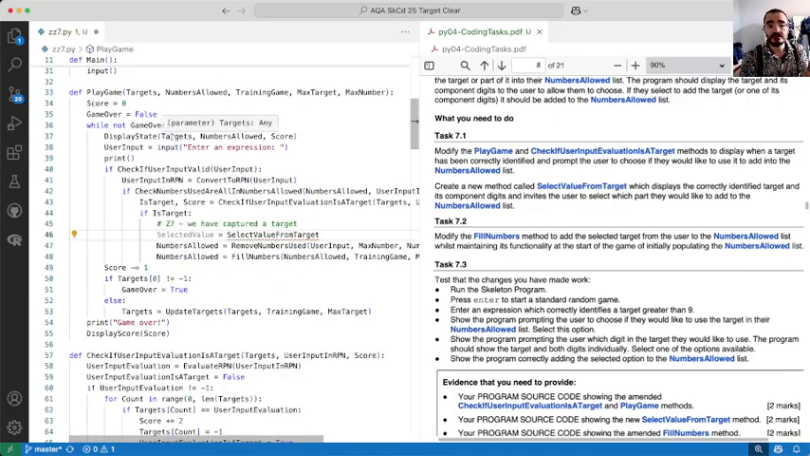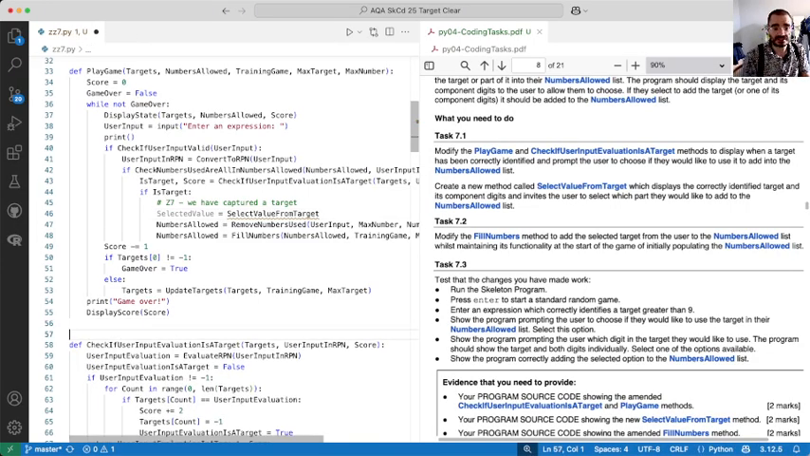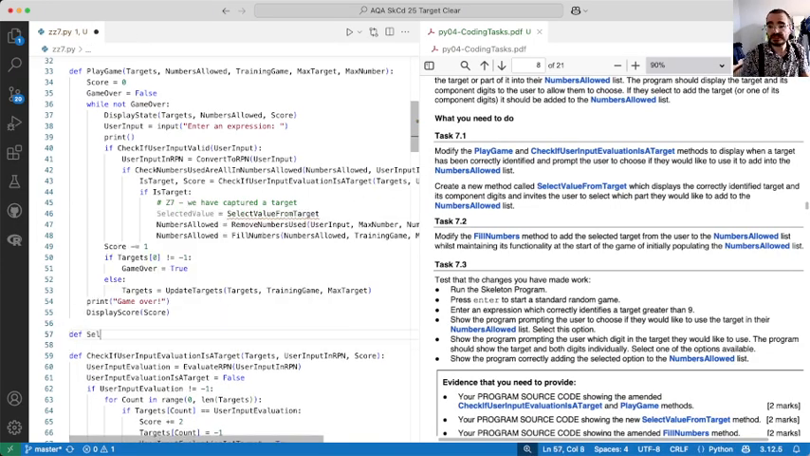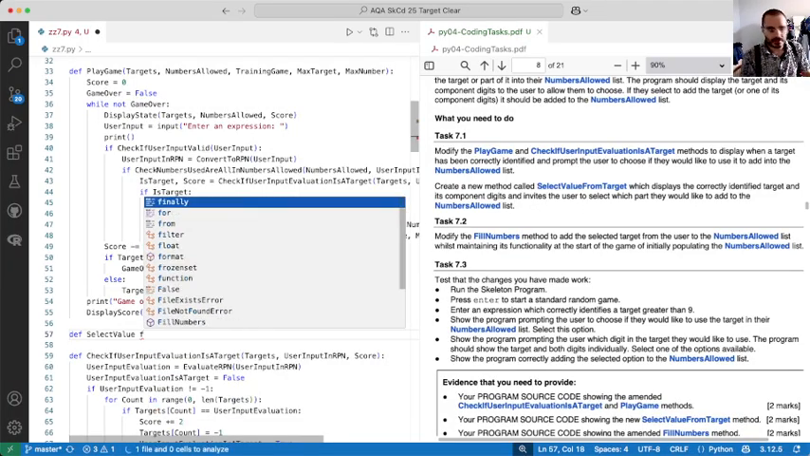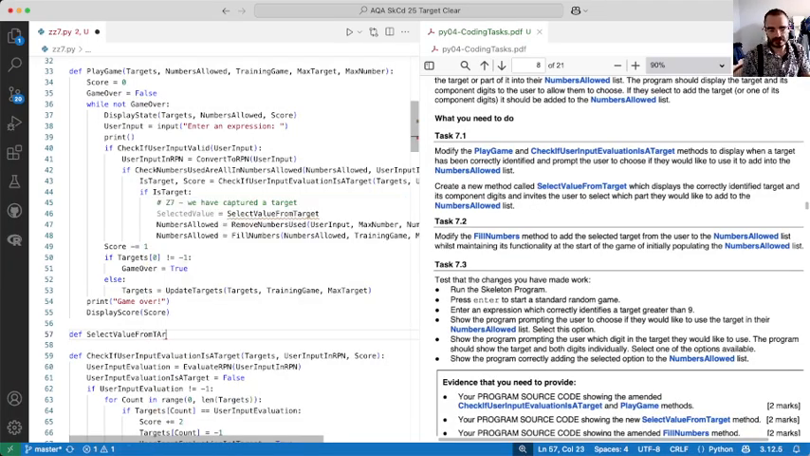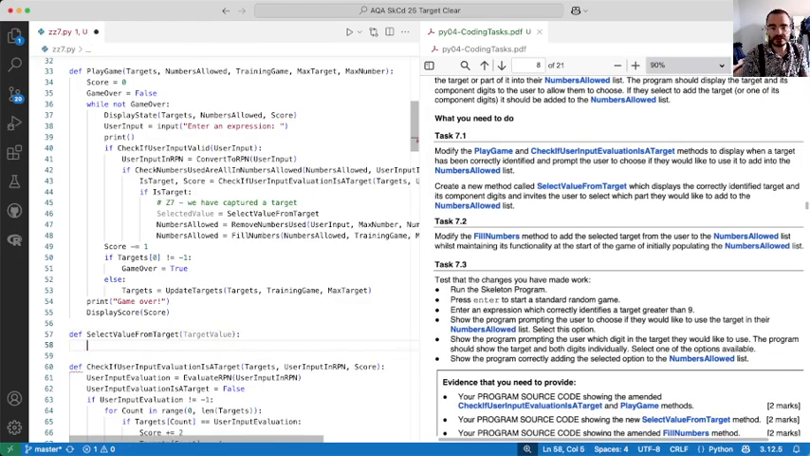So let's just check it here so we can see it. Select value from target. So the only thing you pass is the target value. Let's call it target value. And what this will do is, if target value, which is an integer, is larger or equal to 10, I suppose,